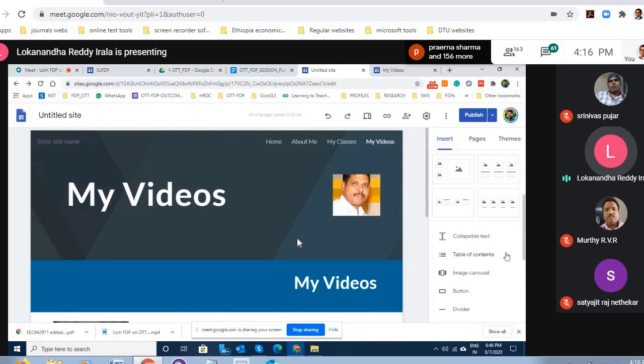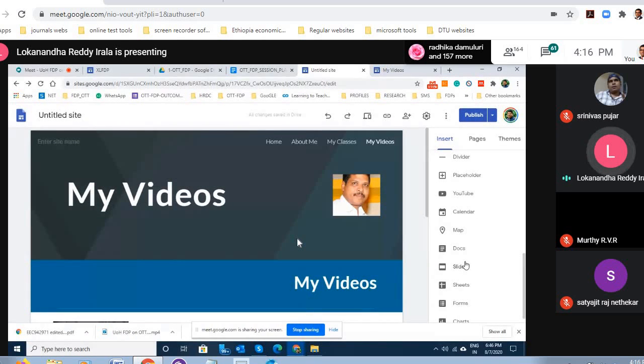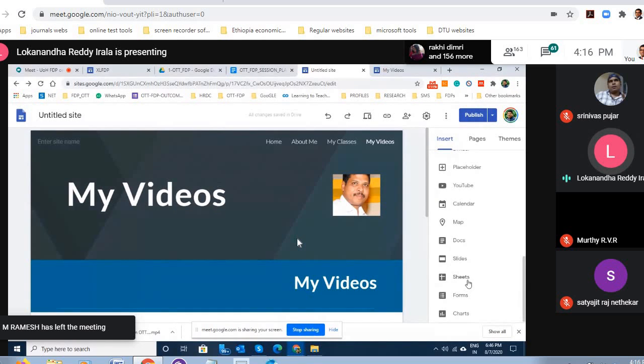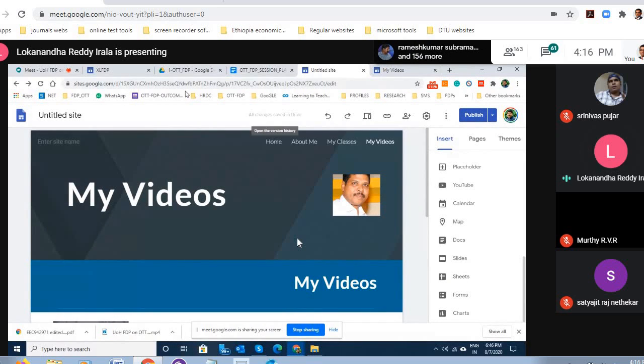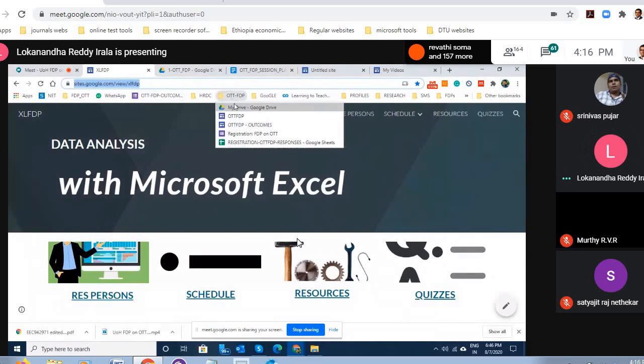And you can even insert a calendar here, for people to see if you are publicly sharing. Like I said, Google Docs, you can also insert Google Slides, Google Sheets, and Google Forms. This Google Forms you would have already experienced in our OTT website where you have filled, right?